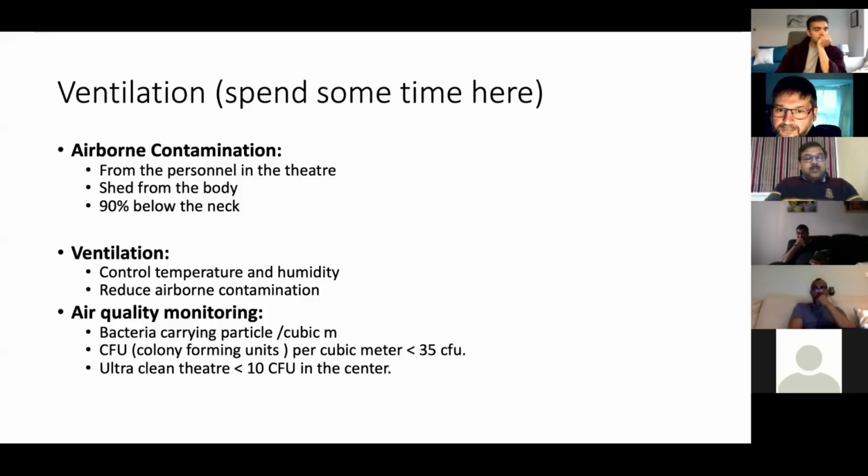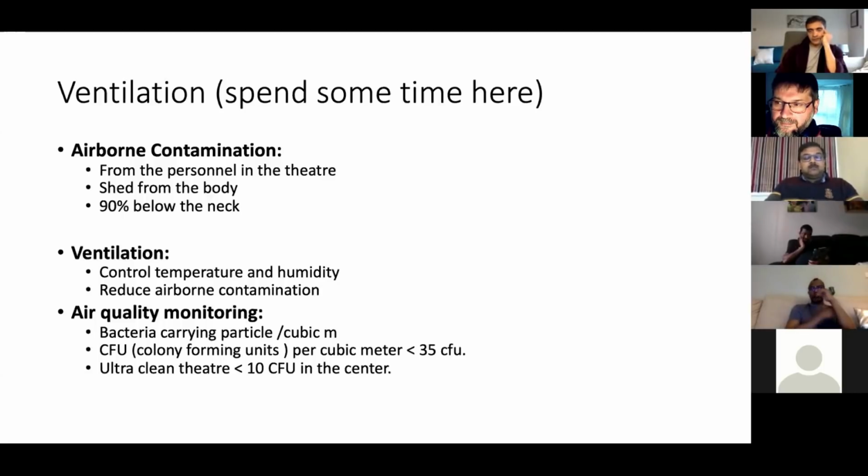And it is done by calculating the bacteria carrying particles per cubic meter. At this point, if you remember, you can mention the microbiological slit sampler that essentially draws air over culture plates in a specified quantity, and then these culture plates are incubated for 48 hours and the colony forming units are